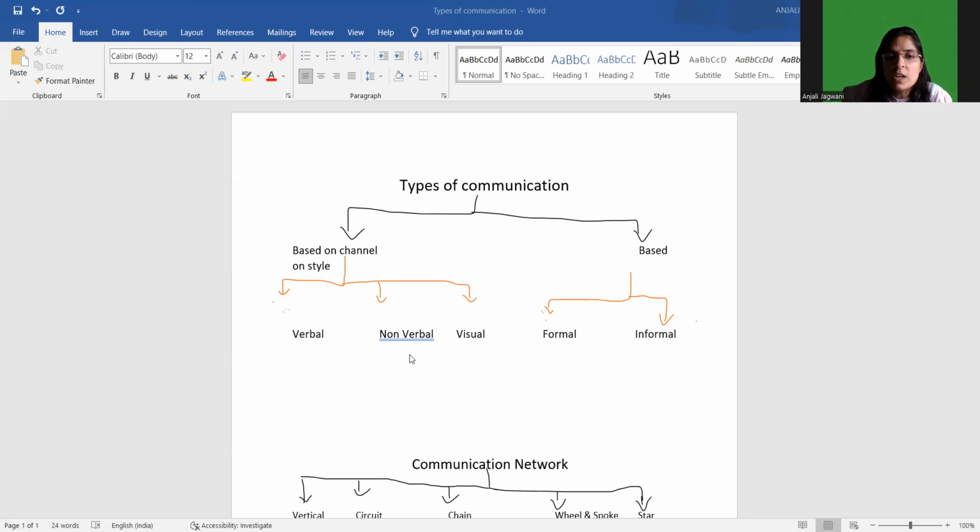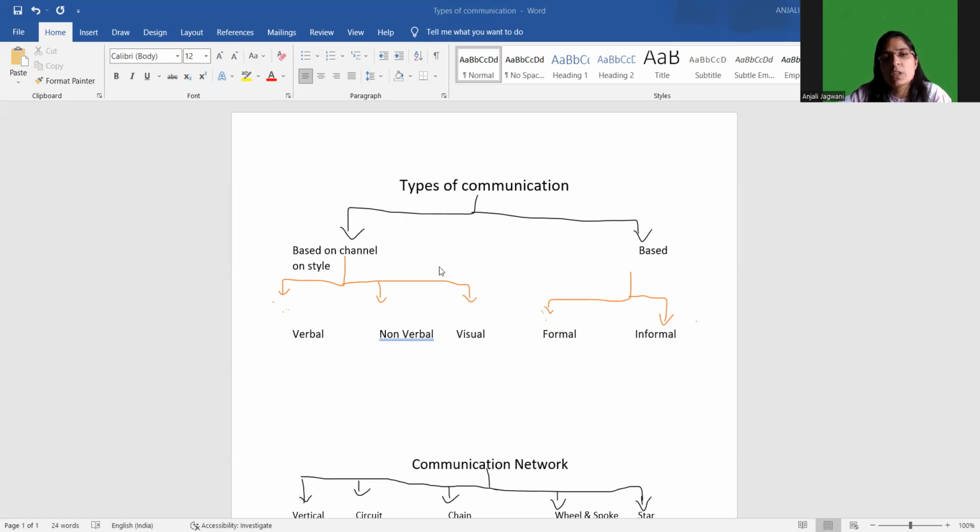Non-verbal communication is based on some signals, that is your physical appearance; your body language speaks, your facial expression speaks. This is the form of non-verbal communication. Or someone who cannot orally communicate, like in Golmaal, Tushar Kapoor cannot communicate orally, so he uses some language to communicate. So that can also be said to be non-verbal communication.